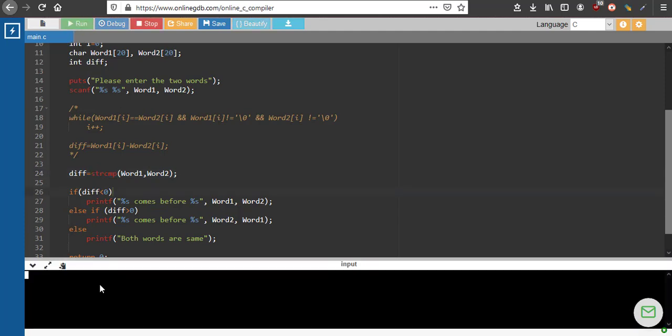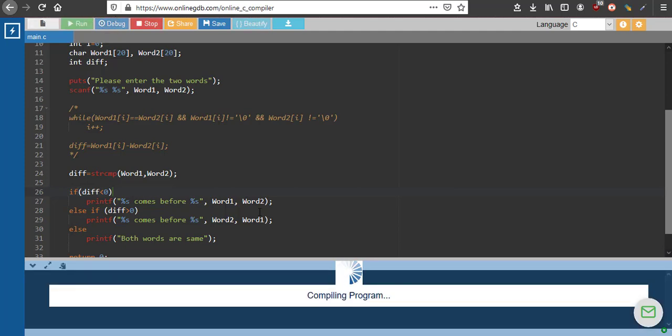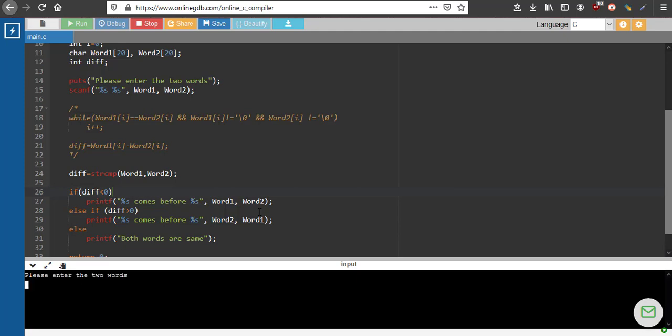So we'll just check that also. Or and orange. Or comes before orange. Now we'll see order and orange. Orange comes before. So it's working perfectly fine. We'll also check apple and Apple. The capital letter has a lower ASCII value, so the capital A is coming first. I hope this is clear. So that's all for this video. We'll see in the next video.